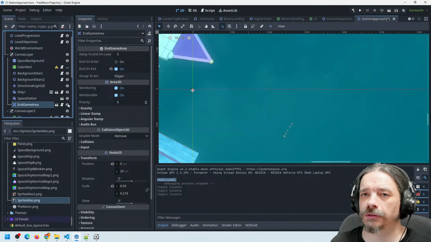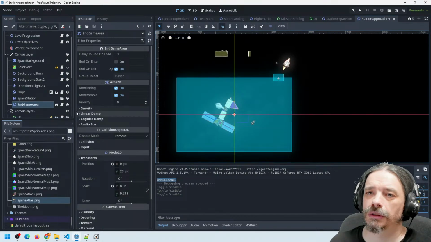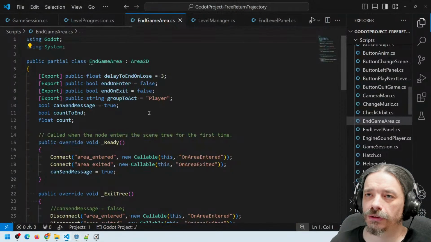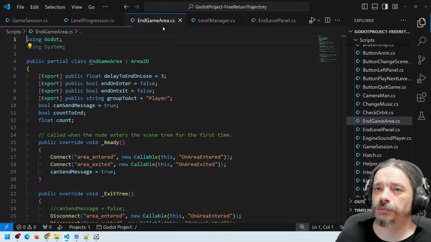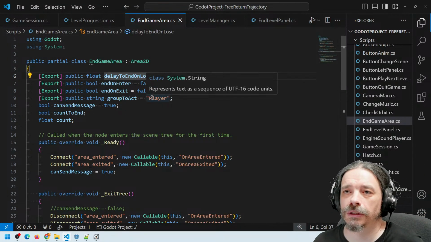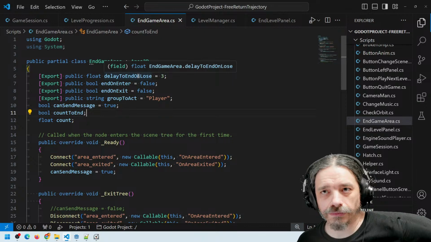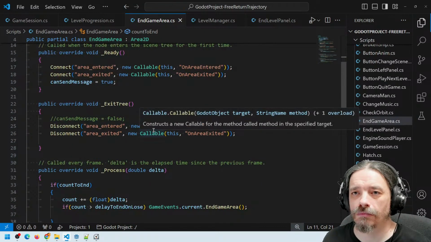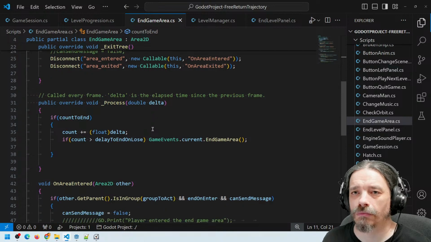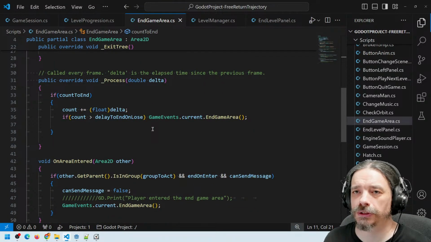Okay, if I go out of the screen, I will end the level. Basically this is called end game area. Delay to end on lose. Okay, this is just